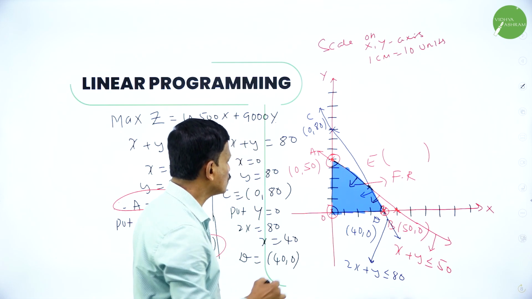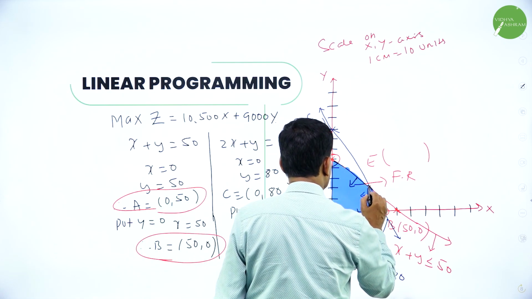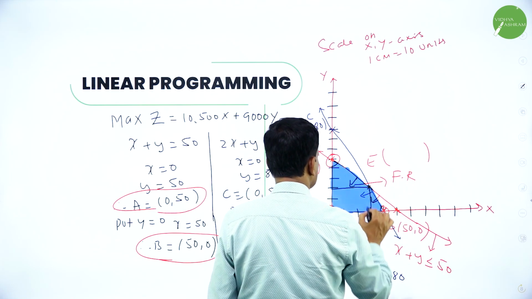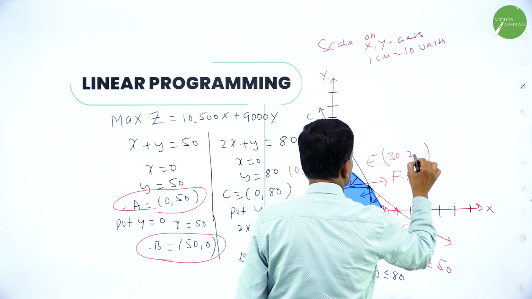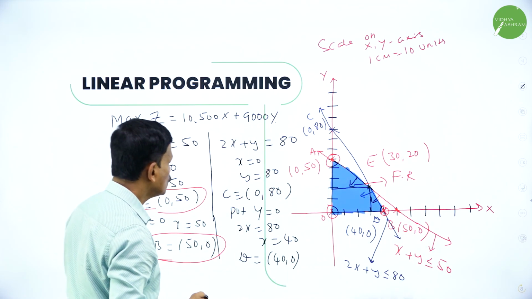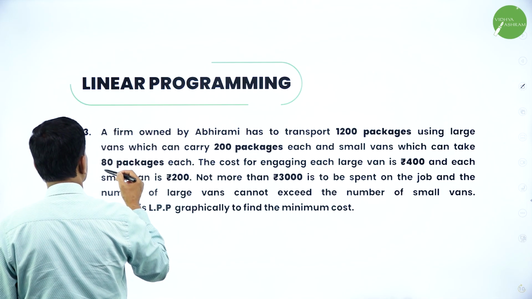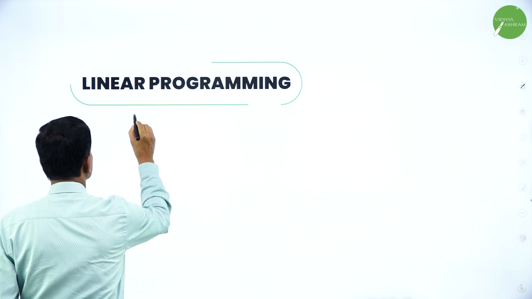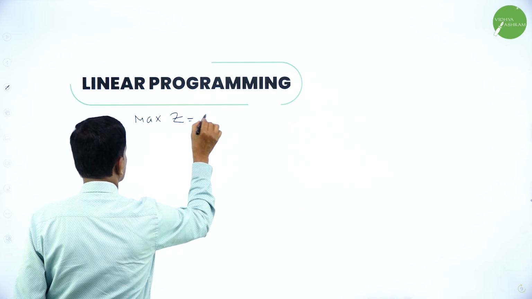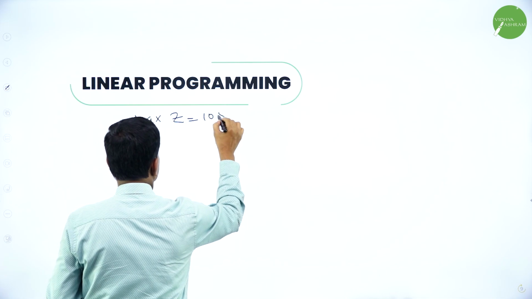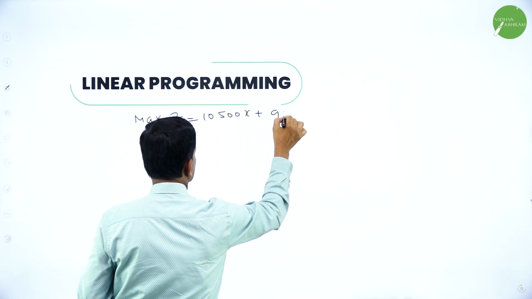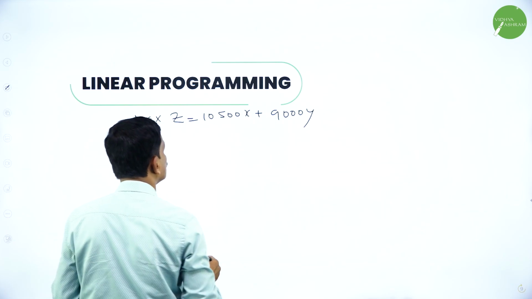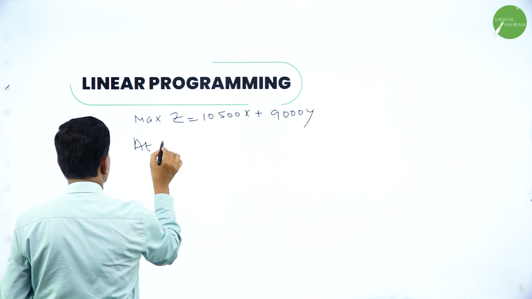So what is E equal to? If we draw, the lines will cut here. So the values of E are (30, 20), x is 30, y is equal to 20. So therefore the corner points are found. Now what is the objective function? Max Z is equal to 10,500x plus 9,000y. Okay. Now at the corner points,